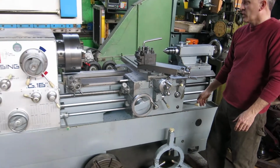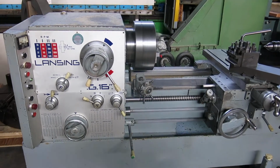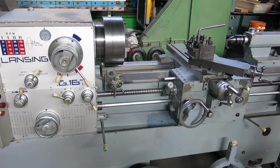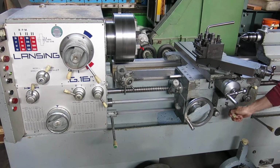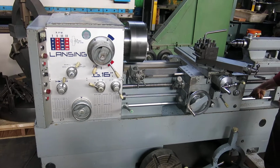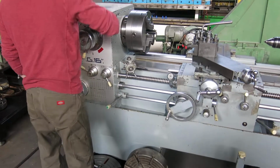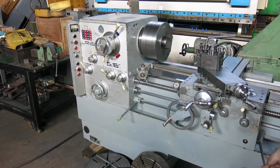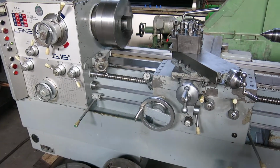You have it at 750 RPM. Low speed, nice correction, low speed, feed in,